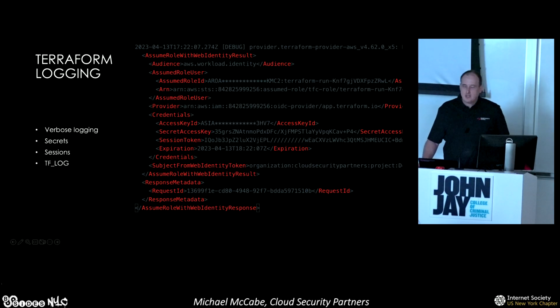All of that is dumped out to the logs if you have verbose logging turned on. So if you allow developers, if you're using something like Terraform Cloud or Enterprise, to set a variable, they can dump out the STS role and then have direct access to whatever role you give Terraform. So that's another area that you have to kind of worry about, and this is true for things like secrets as well. You can dump those out to logs, and it's another area that you have to lock down and think about when you're building kind of your threat model and your user privilege model for Terraform.